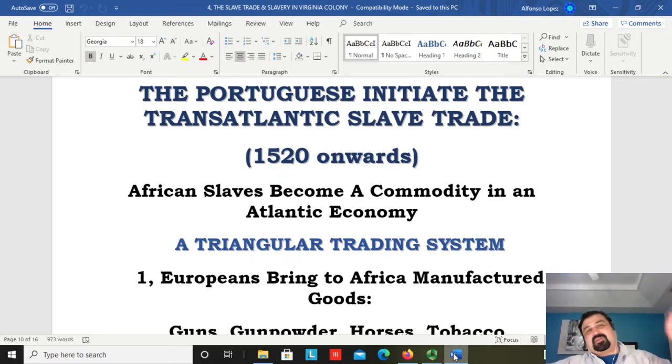It's the Portuguese arriving in Africa, trading with the kingdoms of Africa, obtaining the labor, and then transferring the African slaves to the New World across the Atlantic. From 1520, this is going to be a new type of trade, in which, as I have been mentioning in the past, how